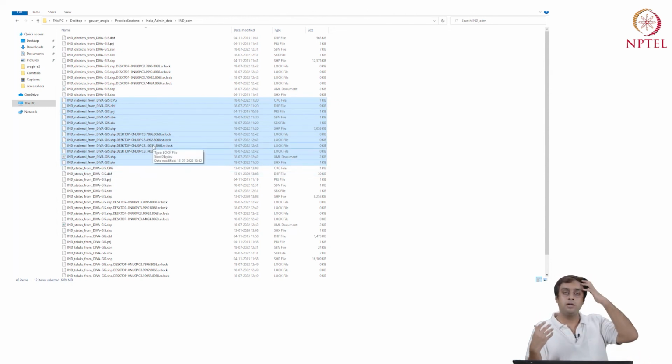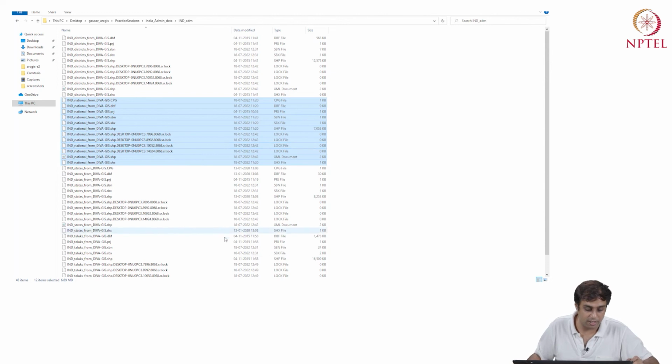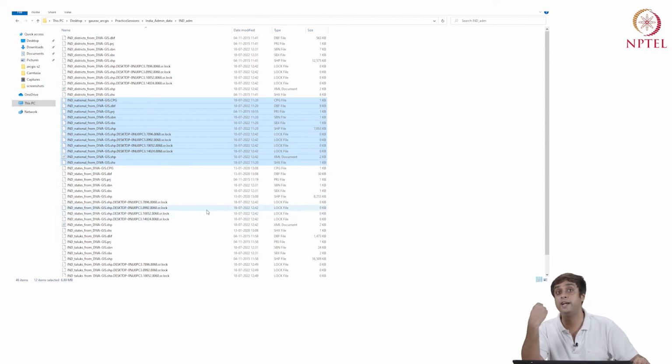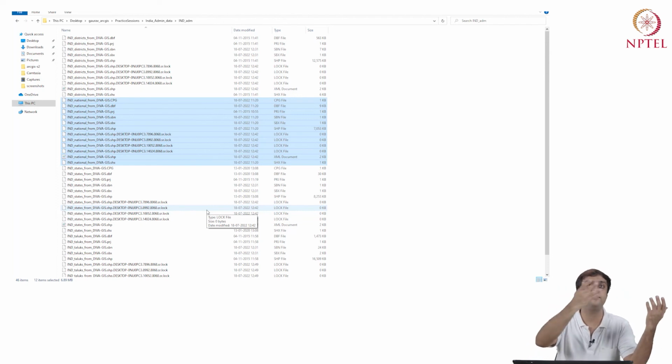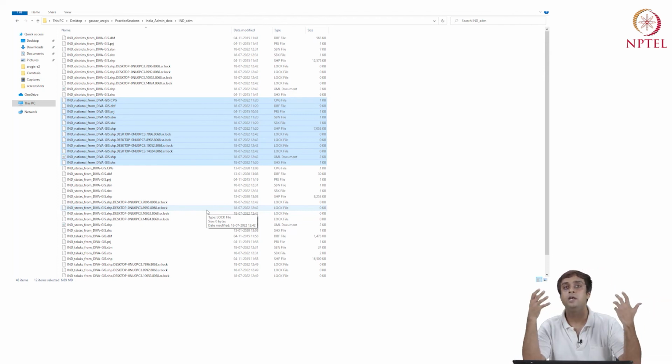Arc Catalog is a database management software within the ArcGIS package. It is very efficient, that you can see in front of your eyes. If you were to change this data on your own, you would have to go and change every physical file separately. Make sure the spelling is the same. You don't use capital letters somewhere, small letters somewhere. So it is very complex if you are going to physically manage data. It's not possible. And remember, we are just working with 5 files.